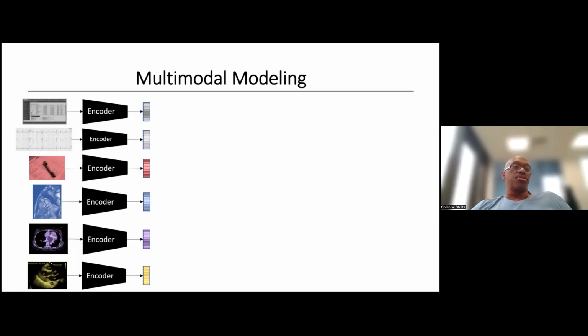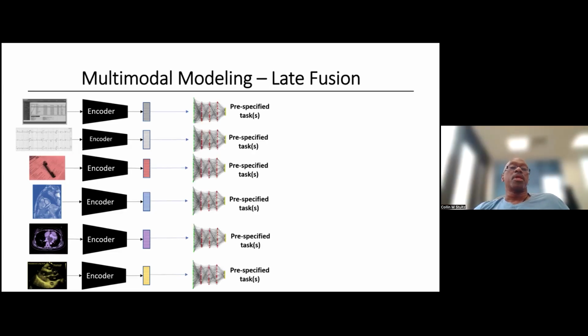The electronic health record, ECG, labs, and so forth. You can make separate encoders and train them all independently for a specific task, and then you can combine that information after the fact to get your final prediction. This is typically called late fusion because you're not directly combining the data inputs per se, but you're combining the interpretation of the processed inputs, each trained towards a specific task, to get your final prediction. And you can imagine voting and different mechanisms to combine this information to make your final answer.